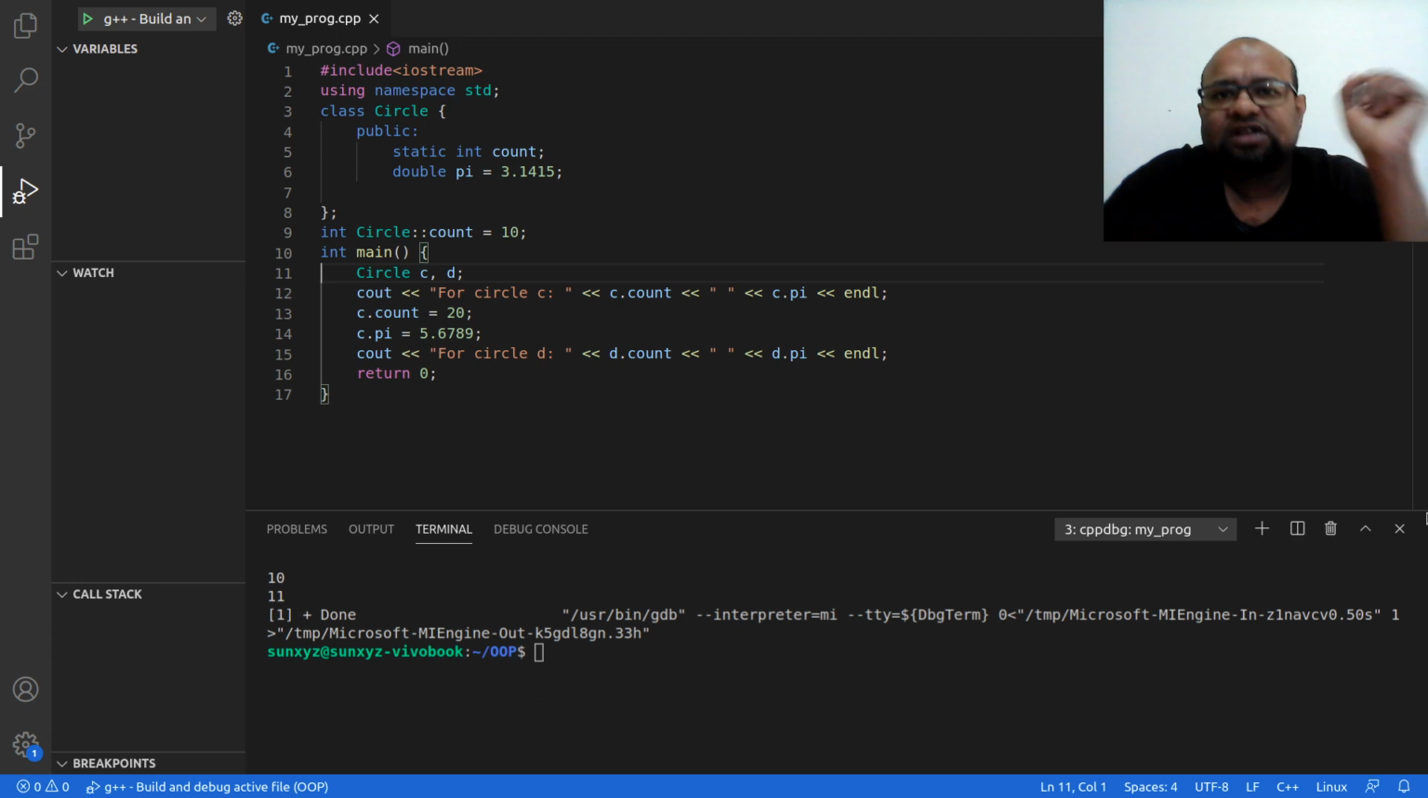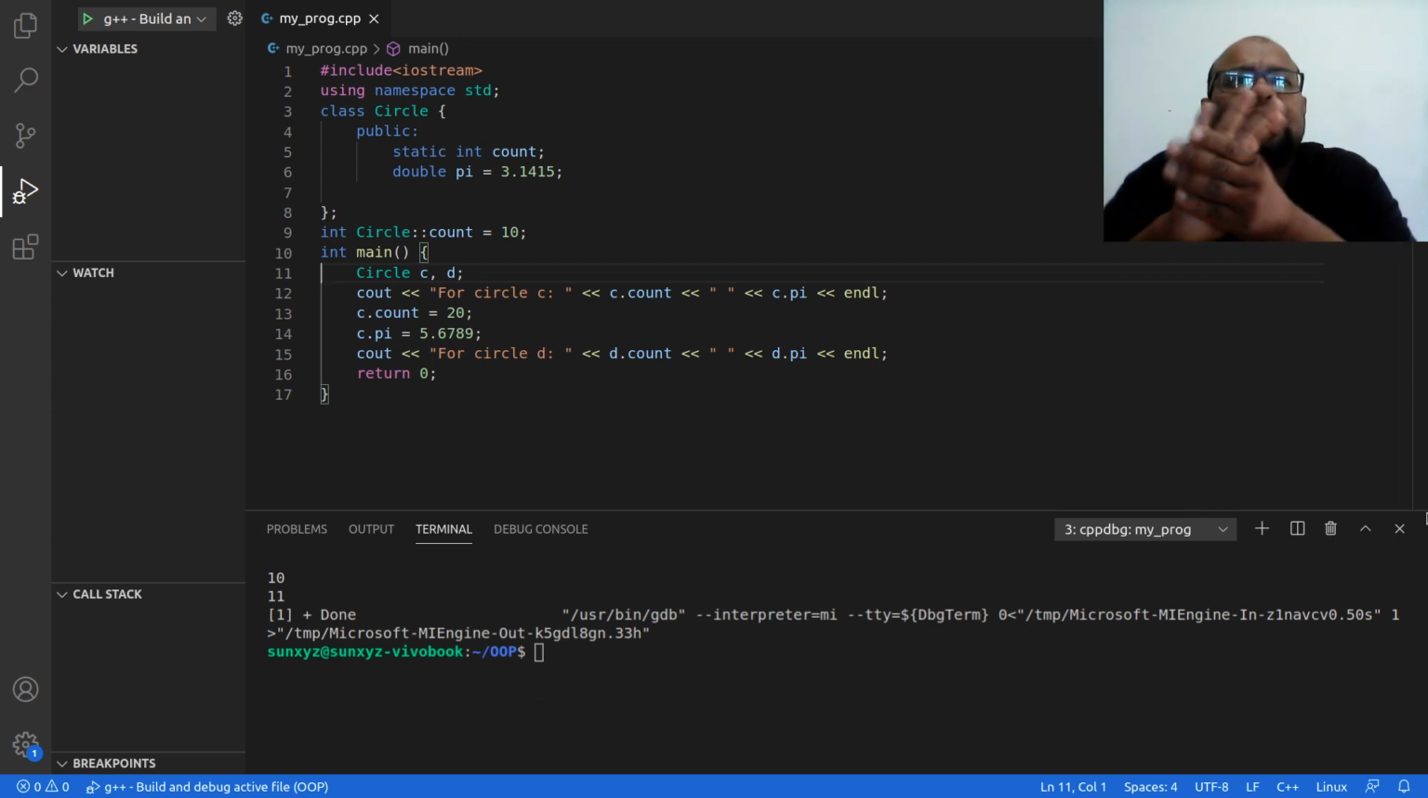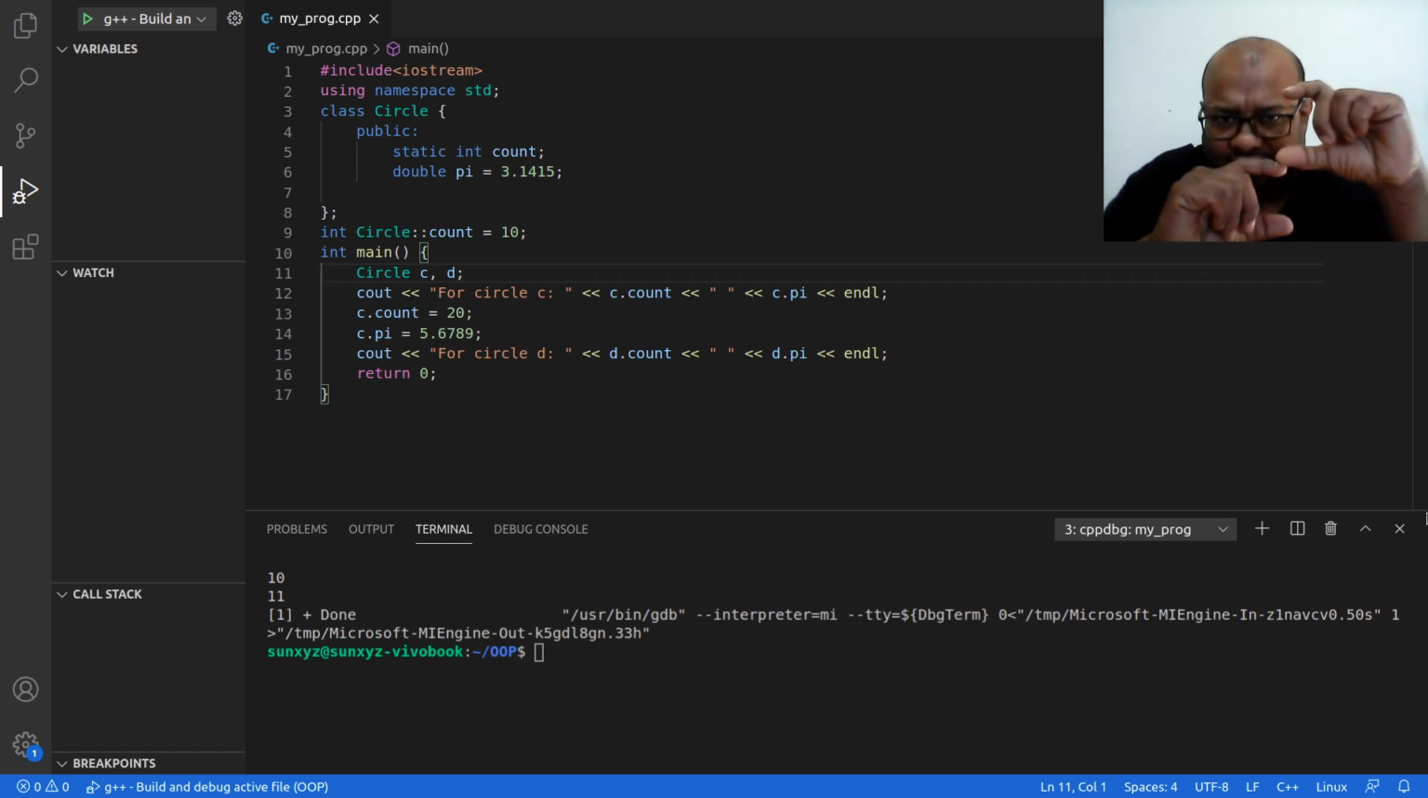Main is also a function. So local variables of a function are allocated memory in stack. We know that. We statically created this. We did not create this dynamically on the heap. So C and D will be allocated memory in stack, and then inside the C and D object,